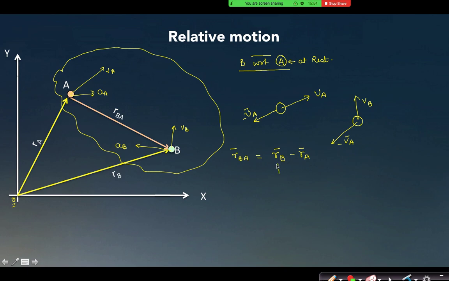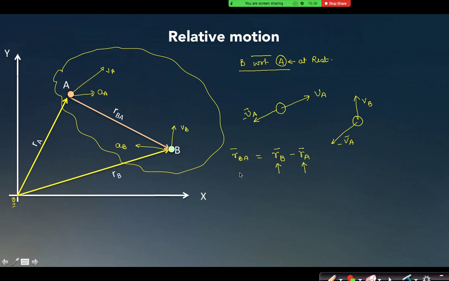Now, this RB and RA, with respect to what have I calculated these values? What is the reference here in calculating RB and RA? Origin or ground, right? The observer at the origin is always at rest, or the observer is on the ground. So this is a ground observer. Whenever I ask you to find the acceleration or velocity, if I do not mention with respect to someone else, then always remember that I am asking you to find it with respect to the ground only.